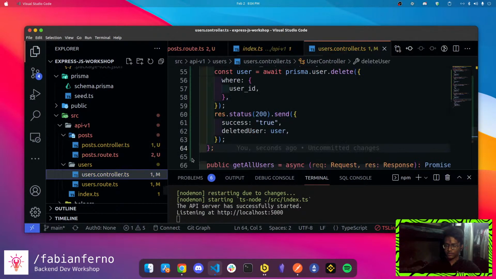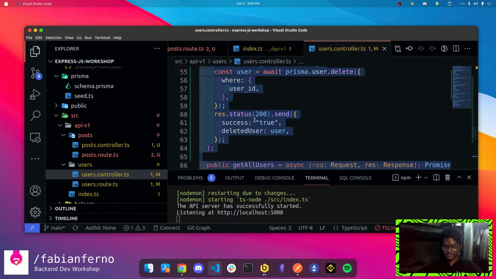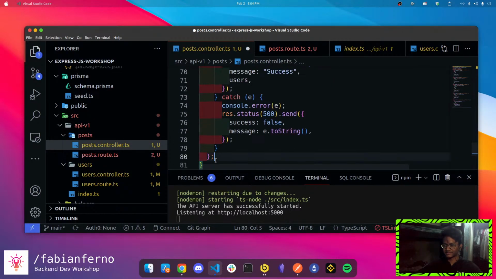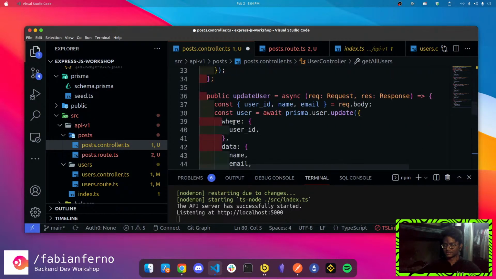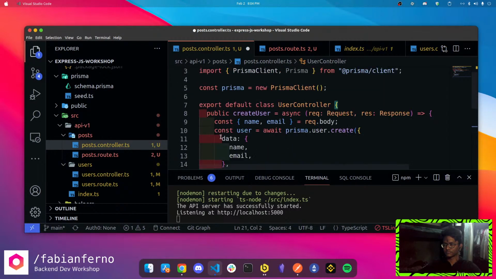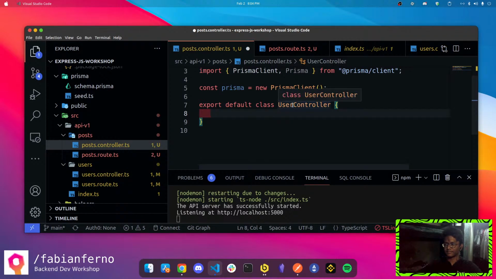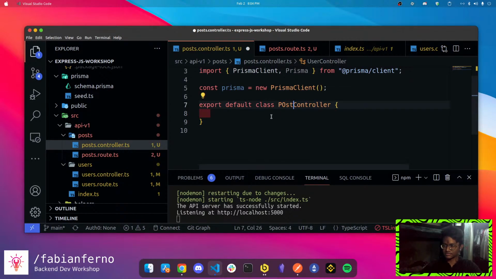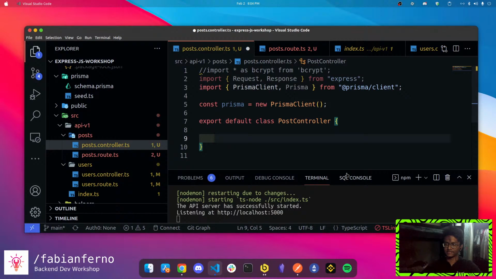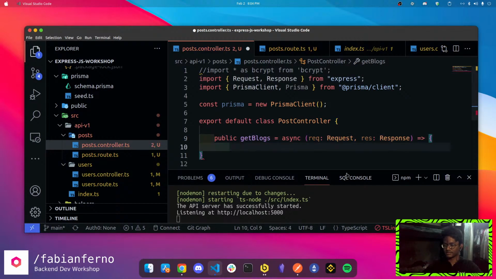Cool. So let me quickly replicate what I have here on the users.controller into post.controller. So I'm gonna delete all the existing endpoints, existing controllers. So cool. So I have an empty controller that is gonna handle my post. Right? So this is basically it. So I'm gonna declare my first controller that we will be developing. So it's get blogs, and